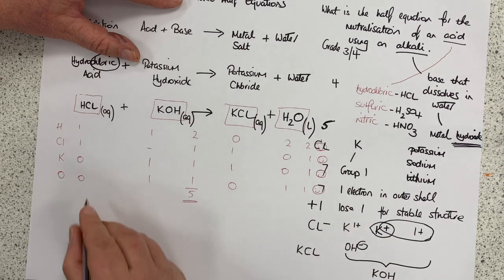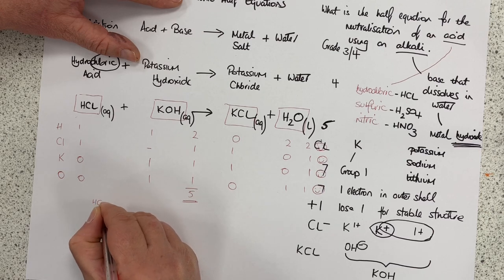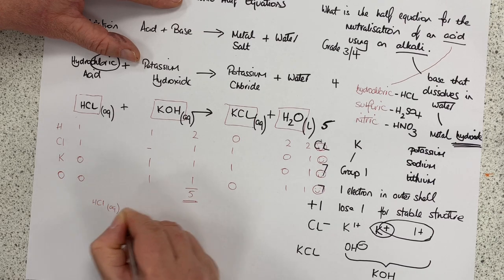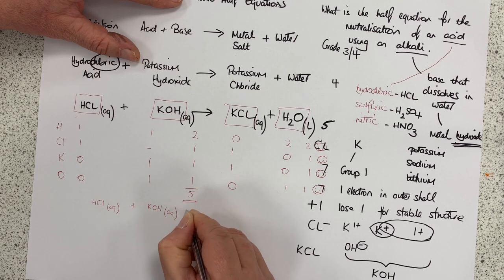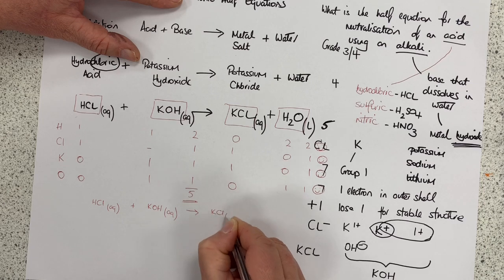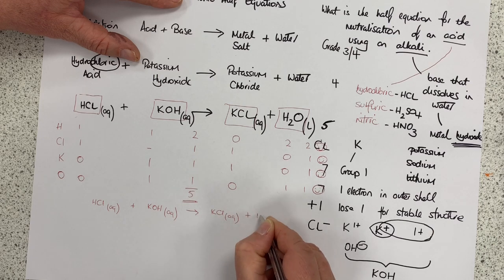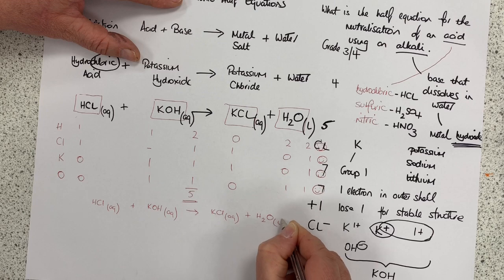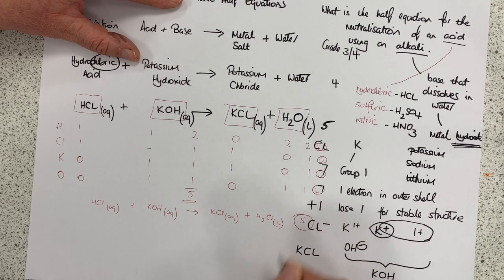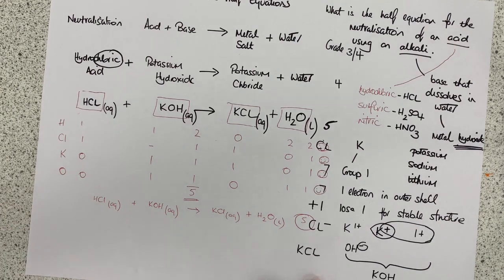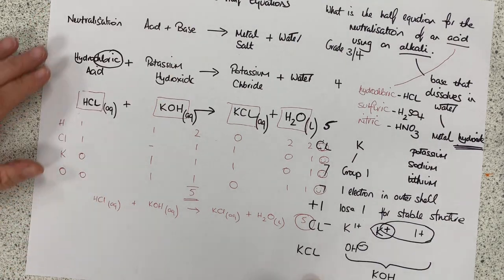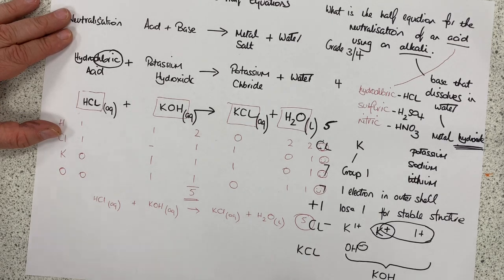The way we'd need to write it is this. HCl, aqueous, plus KOH, aqueous, leads to KCl, aqueous, plus H2O, liquid. That is your bang on grade 5 work. If you can get to that point, that bangs you on for the grade 5. But remember, we started this by saying ionic half equations is a little bit higher level than just a grade 5. So to move on to the higher level stuff,